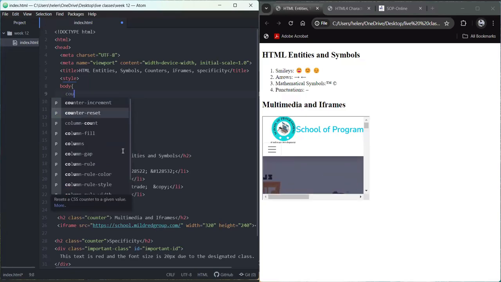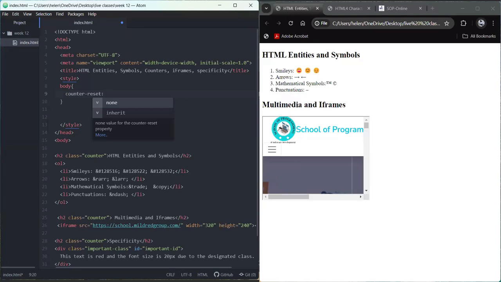So this makes sure that the counter begins from the beginning. That's 0 for this instance. So we're going to have the counter reset, and then we specify the name of the counter. We can have this as any specific name we want. So since we have them as different,